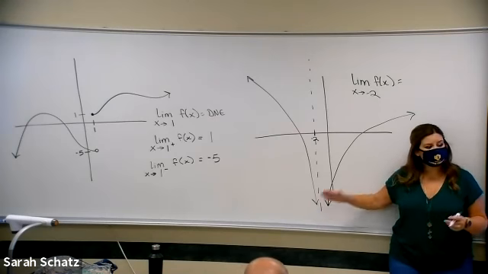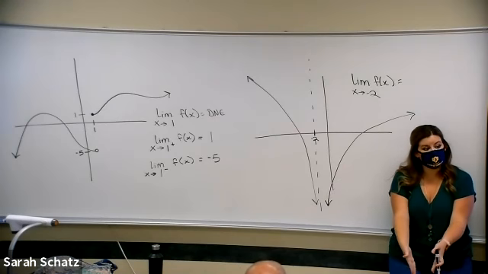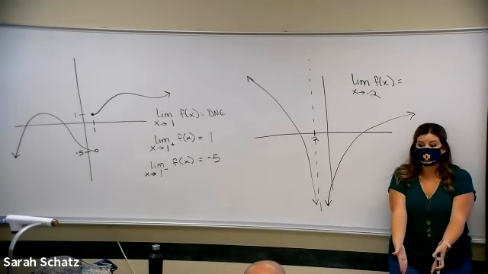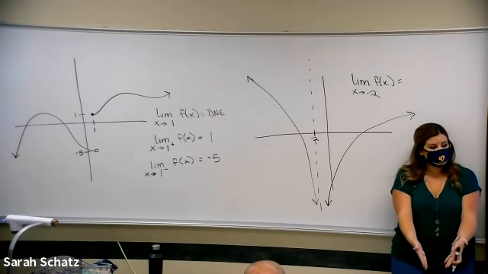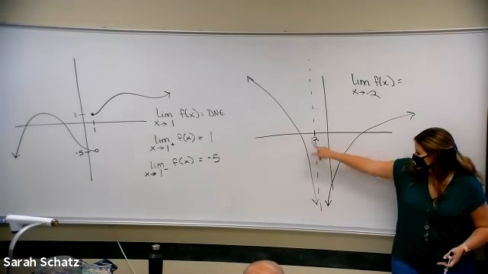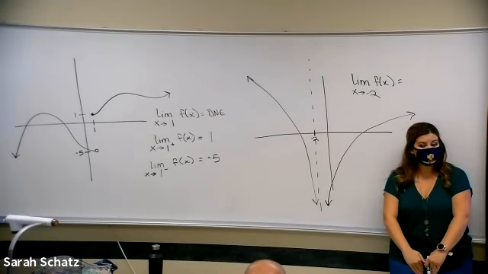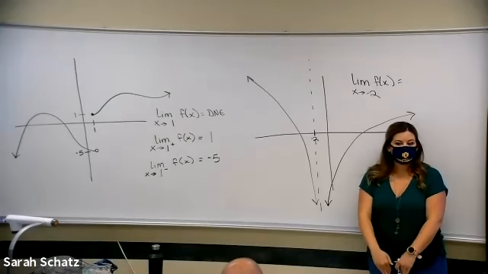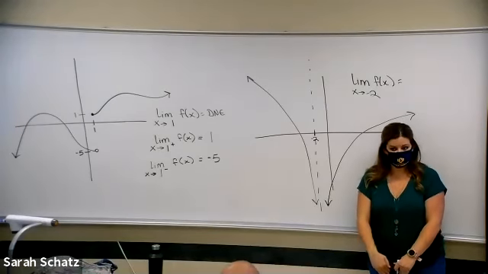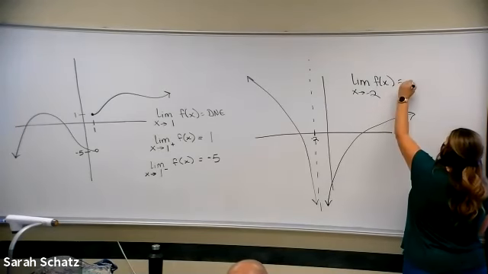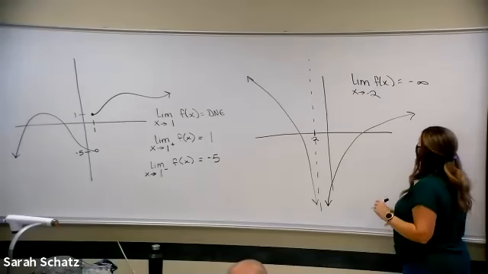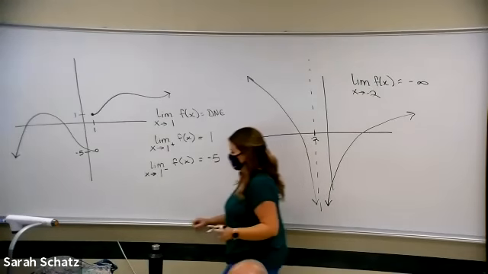This limit, even though it's never approaching a specific value, and it'll never actually stop, we're going to say that a limit like this, as x approaches -2, and from both sides it's doing the same thing, we're going to say it approaches -infinity. So it's a little bit of a misnomer. Oh, that's the worst infinity sign I've ever made.